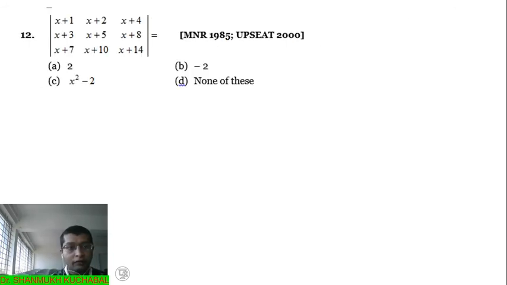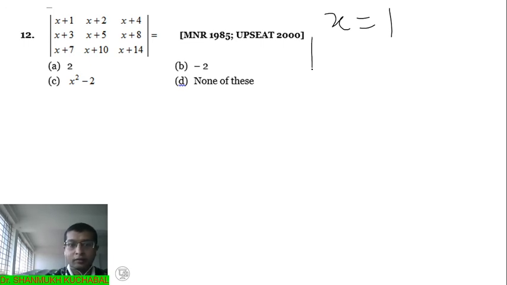Okay, 15th one, here it is, this is a determinant. Yes, you know, all of you see, it is a very simple technique. So what we have to do is take the value of x as some numerical value here. So we can take x equal to 1, like that. So I take x equal to 1 here.